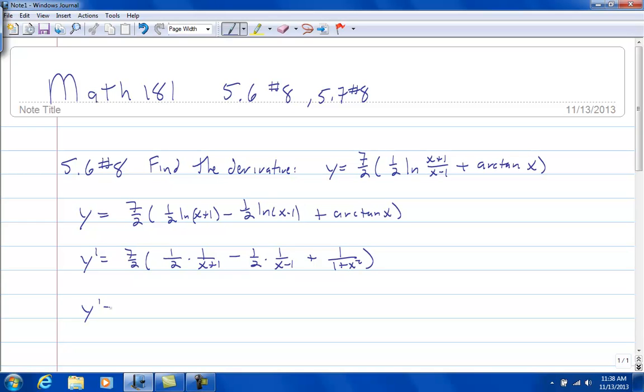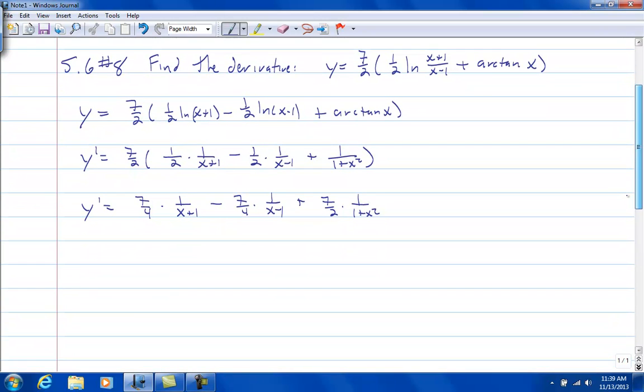Now, if we distribute through that 7 halves, 7 halves times 1/2 is 7/4 times 1 over x plus 1 minus 7 halves times 1/2 is 7/4 times 1 over x minus 1 plus 7 halves times 1 over 1 plus x squared is 7 halves times 1 over 1 plus x squared. So y prime is going to be